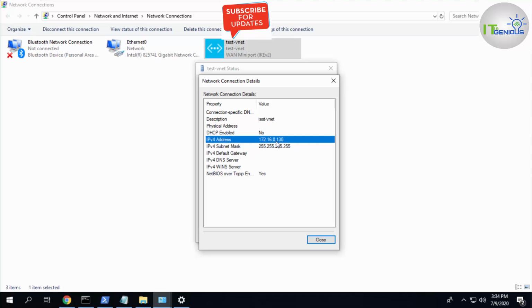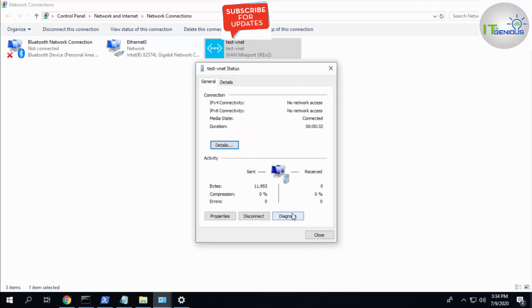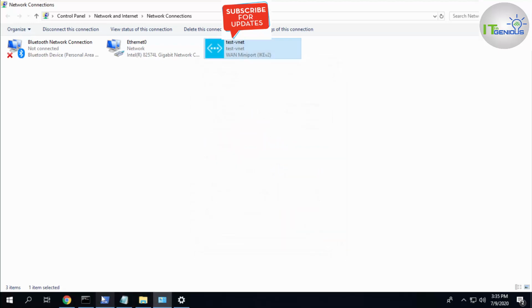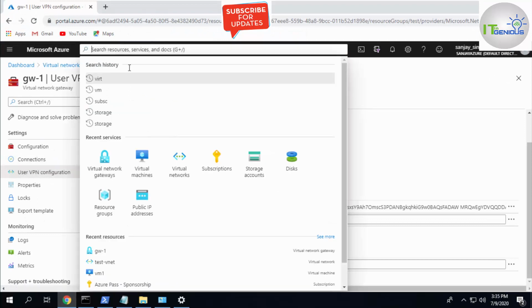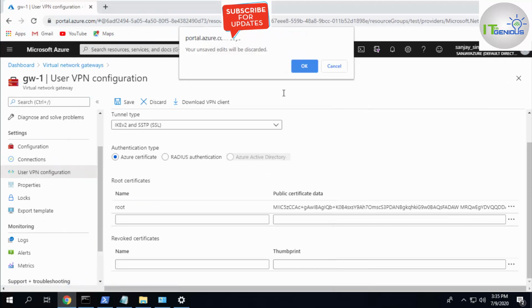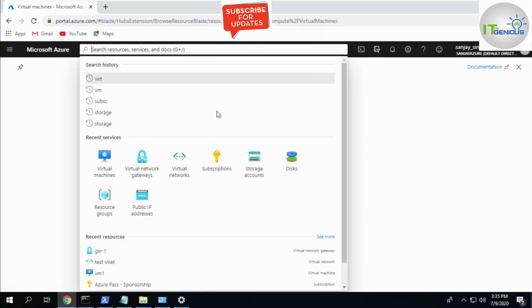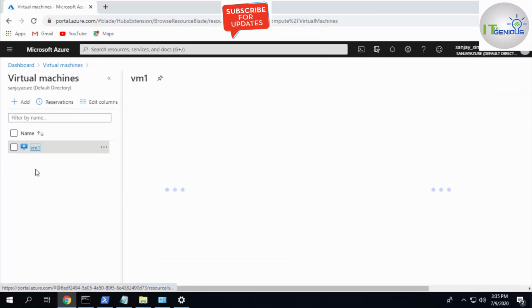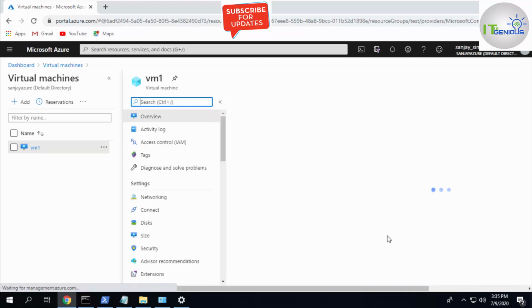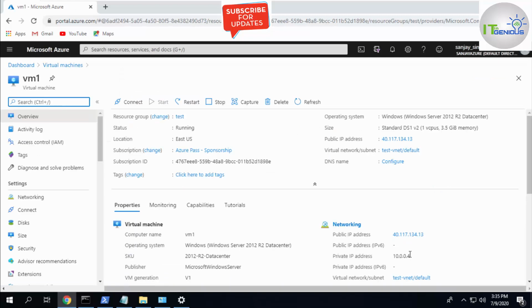Correct. Now let me show you one thing. On our portal we have a VM here. That VM's private IP address is 10.4.